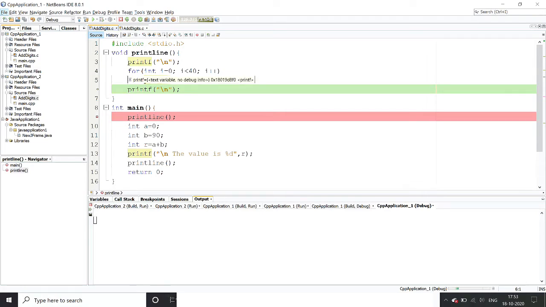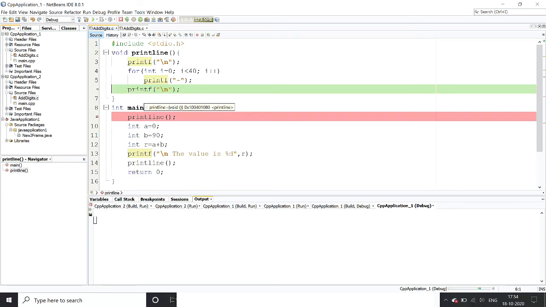After executing this printf line, where will the control go? See, this is the last line of this function. So after printing, it will jump back to the place from where the function has been called. From where it has been called, it is showing here in this color. So from this line, you called this function. After executing the last line of this function, the control will return from here to after this line.